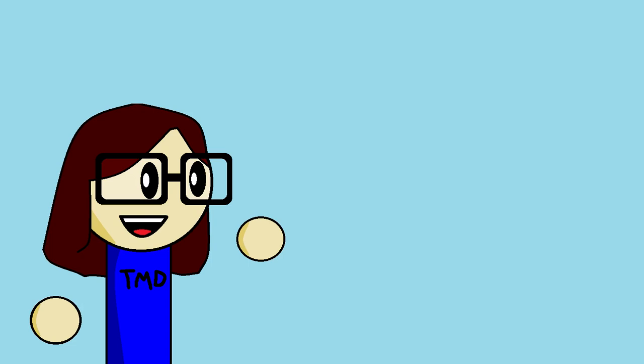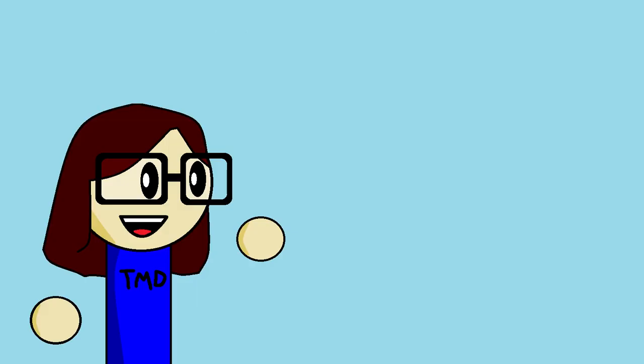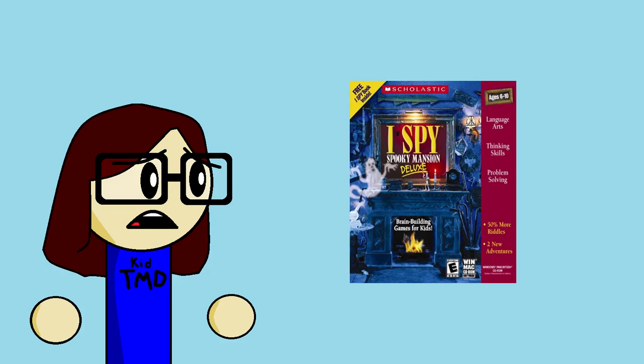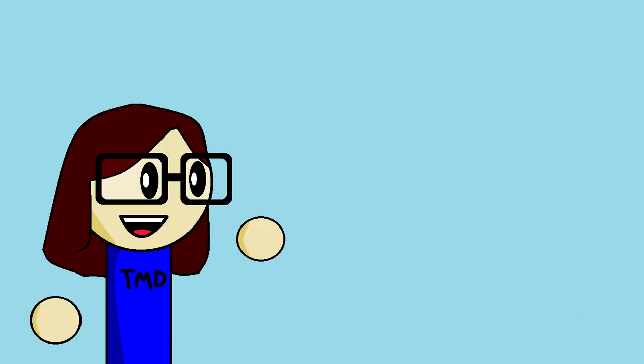Next up, we're taking a look at some box art from one of my all-time favorite game franchises, I Spy. I Spy was originally a book series that gave you a cool rhyme listing objects you'd have to find on a picture on that page. The pictures are really pretty to look at, and they have so much charm to them, and the games are no different. I owned a lot of I Spy games and still have some on a shelf in my bedroom today. Some include I Spy Fantasy, I Spy Treasure Hunt, I Spy Spooky Mansion Deluxe, which by the way scared me so much I never played it again, and I Spy Mystery. Those last two I actually still have the original boxes for, and the one we're taking a look at is